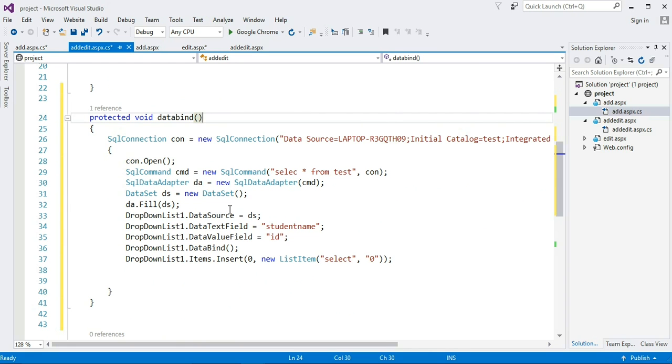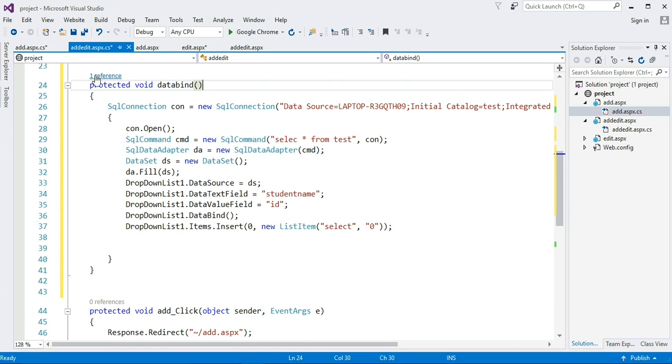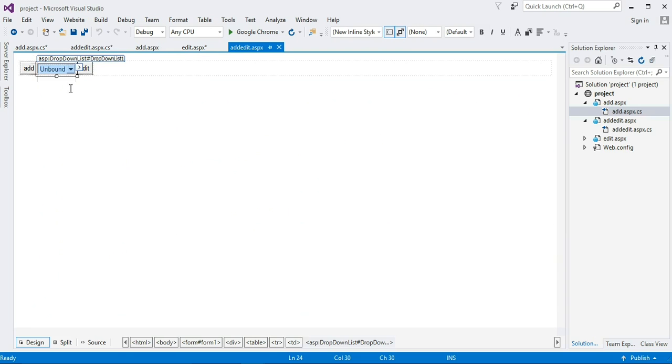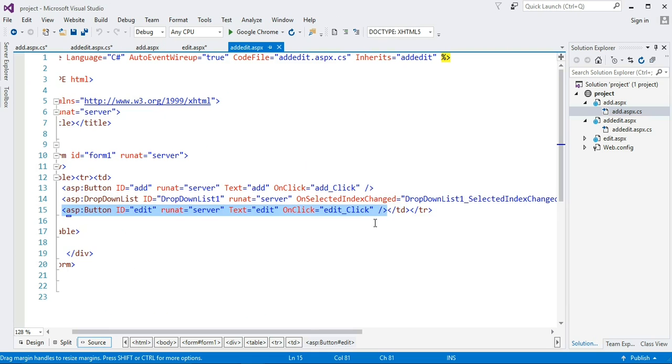Okay, now I want that when I change the drop down list option, the selected option value gets stored in a text box. See how to do it. First of all, go to the add edit aspx design, double click. First of all take a text box, after that an edit button.